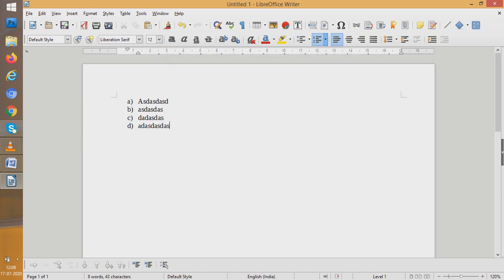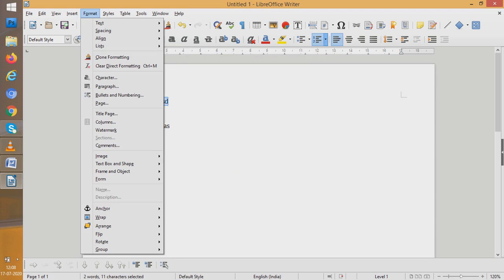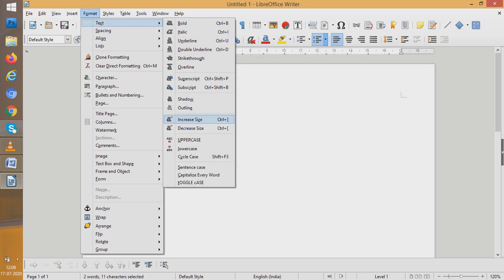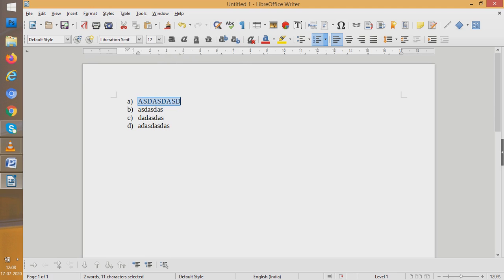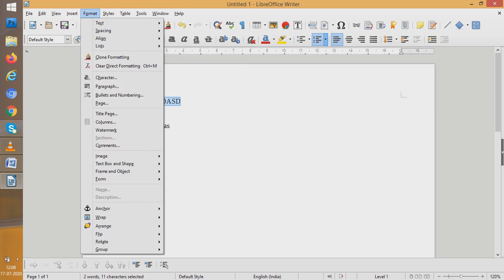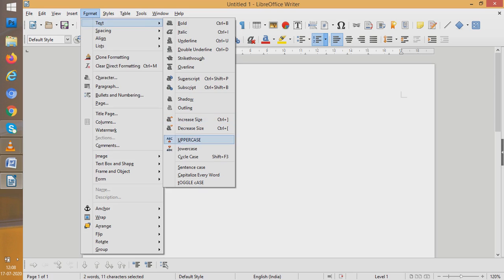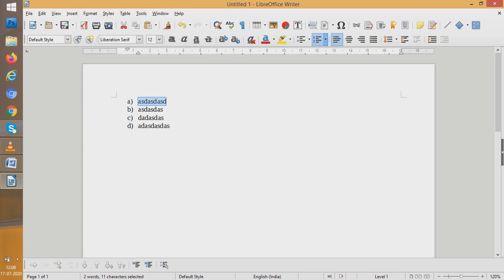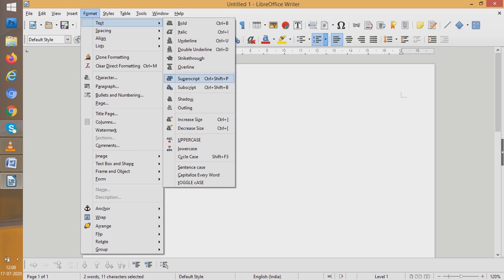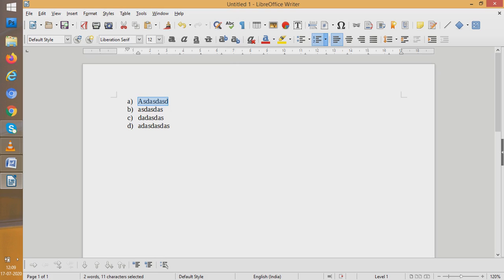And one more thing, if you take a given word here and want to change the word's case, that is, make it capital letters or small letters, six text options are given, which are case options. See uppercase, click it, everything becomes upper. Now in format again, you click lowercase, everything becomes small. The text you selected will change accordingly. Now cycle case. What is cycle case? First capital and everything gone. So different case options are there. You will have to use these case options to understand it.